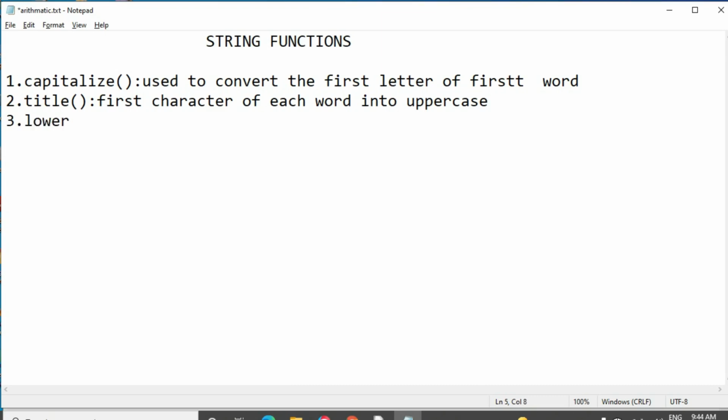Next one is the lower function. This function is used to convert all the letters of the given string into lowercase. It is used to convert the given string characters into lowercase format.